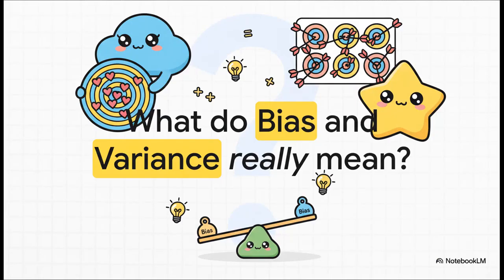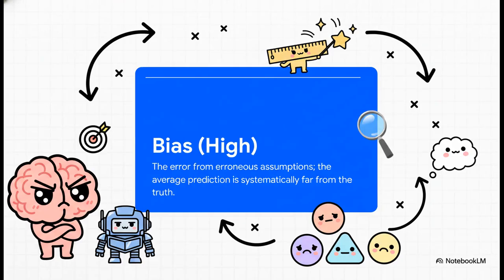We keep throwing these terms around, high bias, high variance. But what do they actually mean? What's the core idea behind each one? Okay, bias. Bias is the error that comes from your model being too stubborn, from making assumptions that are just too simple for the real world. It's a measure of how far off your model's average prediction is from the true value. So high bias means your model is fundamentally aimed in the wrong direction, which is exactly what we saw with